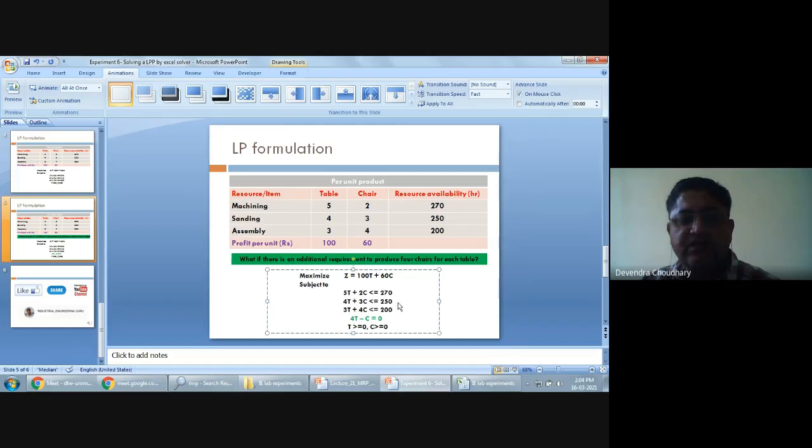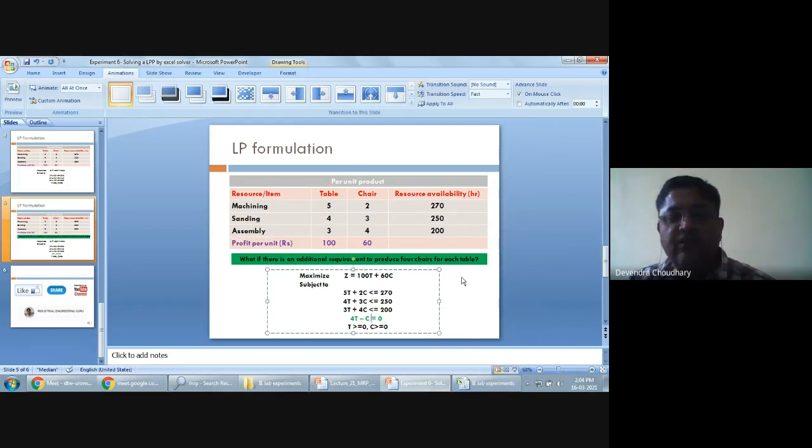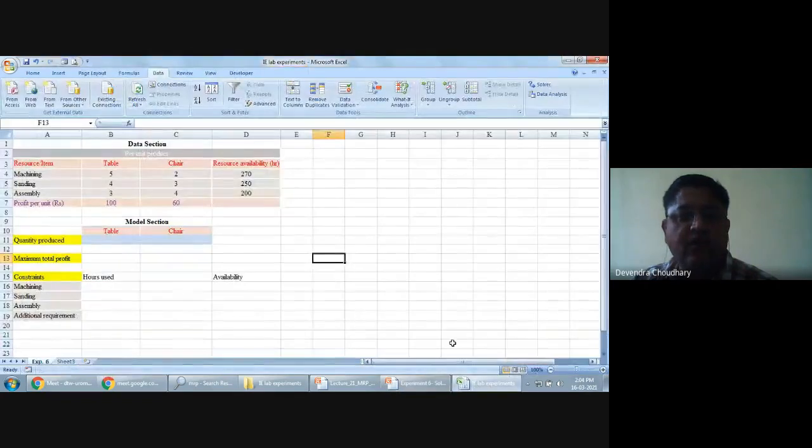There are different ways to solve it: by any commercial software, or we can use the simplex algorithm. Today we will solve it using an Excel worksheet, and I am going to explain how.